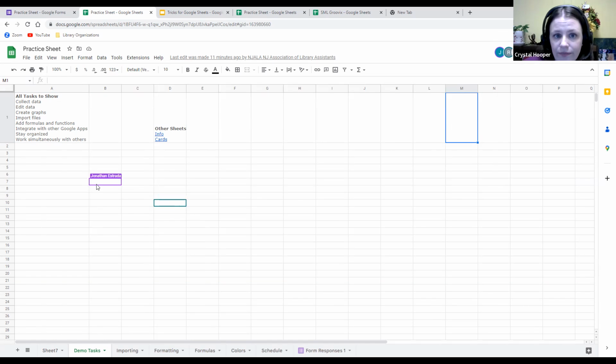their own color. You'll also notice at the top that it will say like the last edit was made 11 minutes ago. And that was by me because I'm working in this New Jersey Association of Library Assistants account. If I noticed that John and Rich had opened this and they started working and they're making changes that I'm like, whoa, no, we didn't want to do that,